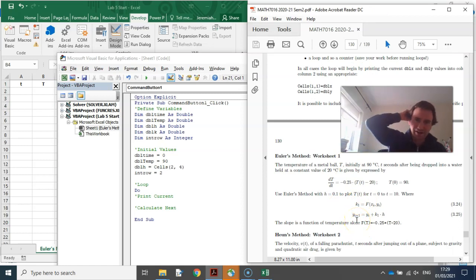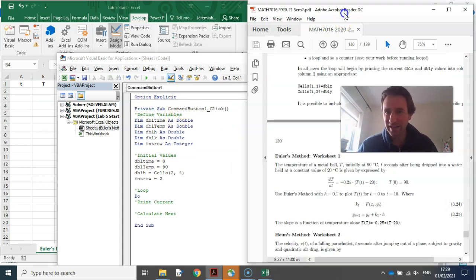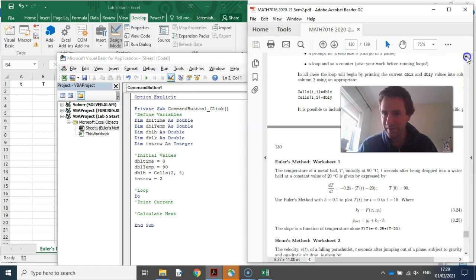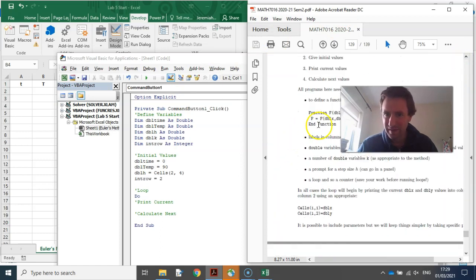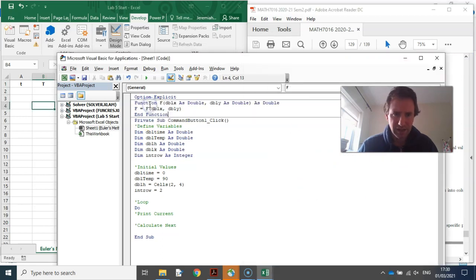Oh, we need a function. Sorry, forgot about the big bit. Function, yeah. So we'll do the function up here, and I can't remember it either. How does it go? Here we go. Let's copy and paste, handy. So here the x is time, and the y is temp, and so we're going to have a function of